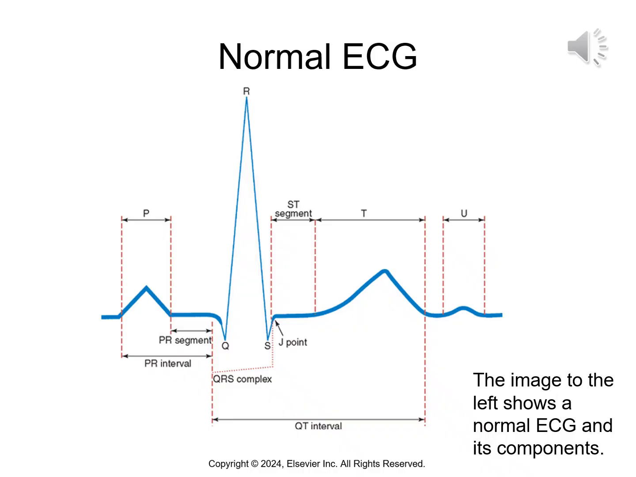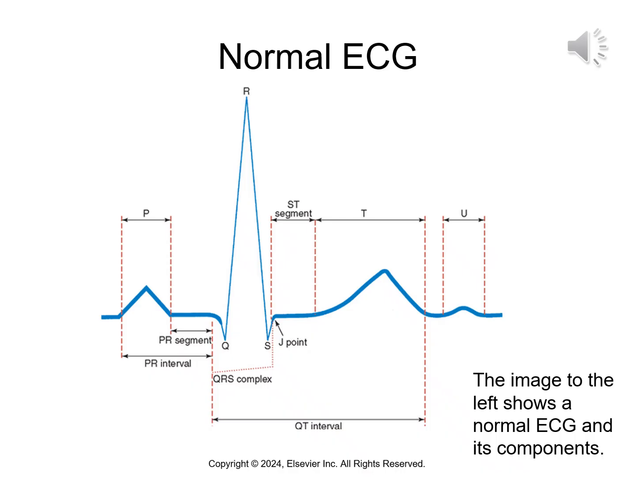What we're looking at here is a normal ECG waveform. Let's talk about what we're seeing. The P wave is a deflection representing atrial depolarization. The shape of the P wave may be positive, negative, or biphasic, both positive and negative deflection, depending on the